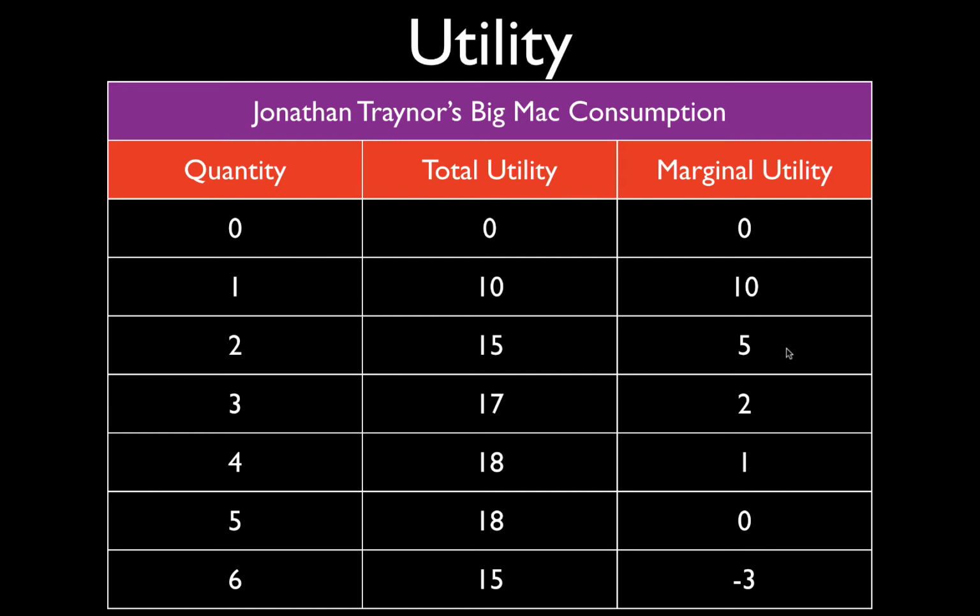Just see that it's obvious that the extra happiness you get from consecutively consuming the same good would fall. And it's obvious because I'm getting fuller and fuller and fuller. Now, what happens here is the fifth one gives me no extra happiness. And what that means is I would be indifferent eating that 5th Big Mac at a price of 0. I wouldn't pay money for it, but I would be indifferent whether or not I ate it at a price